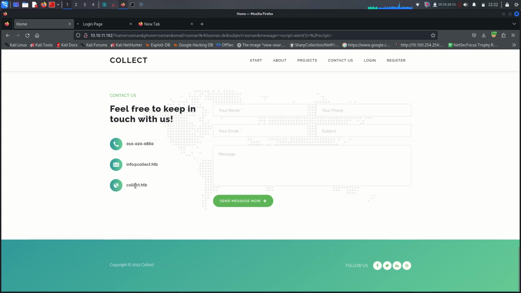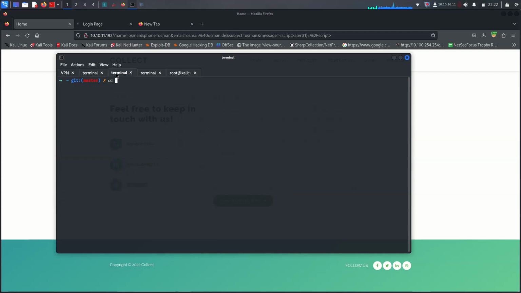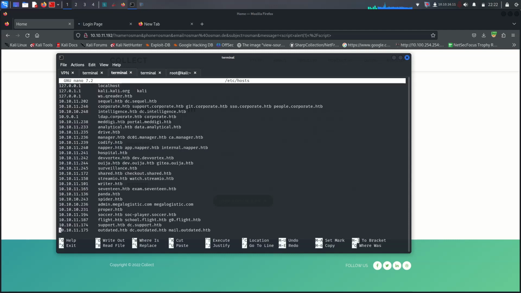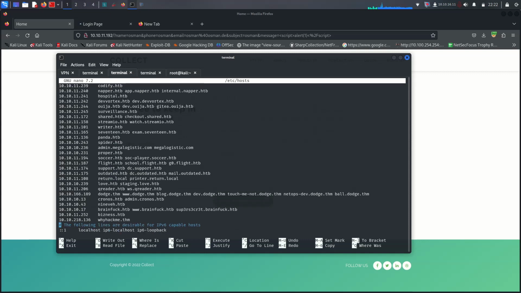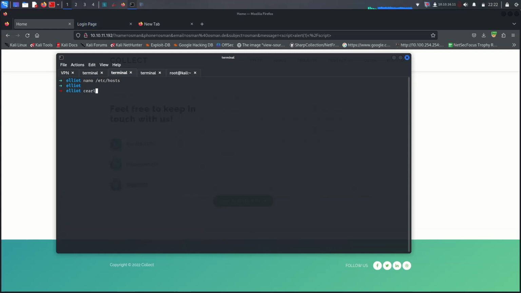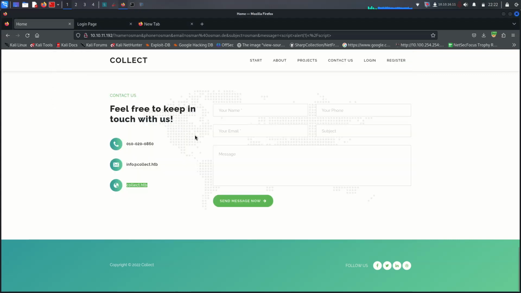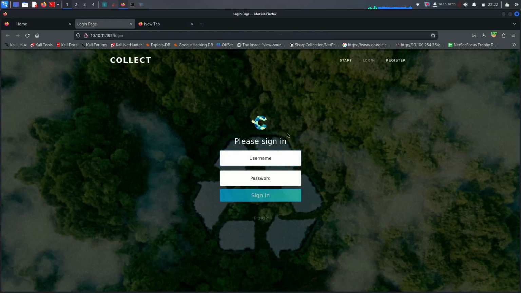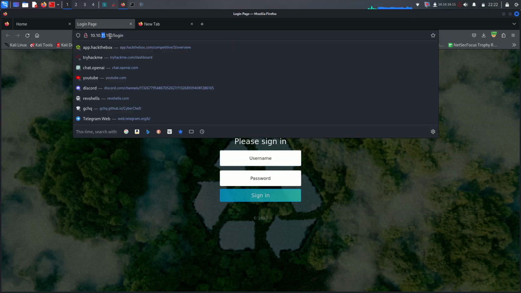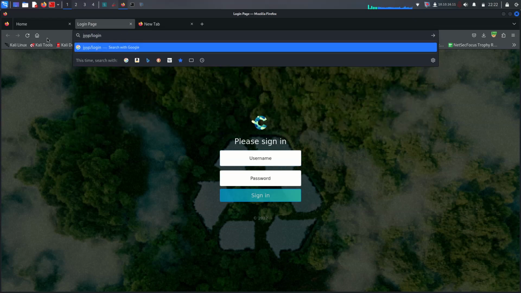the web contact we found. Their domain name is collect.htb. So it will be a great idea to add it here with nano in /etc/hosts. So let's try to add it here as a new target. We have to give first the IP address and give your domain name like that. So right now we can change or add here the login page. We can try giving the DNS name. Okay, let's give it HTTP